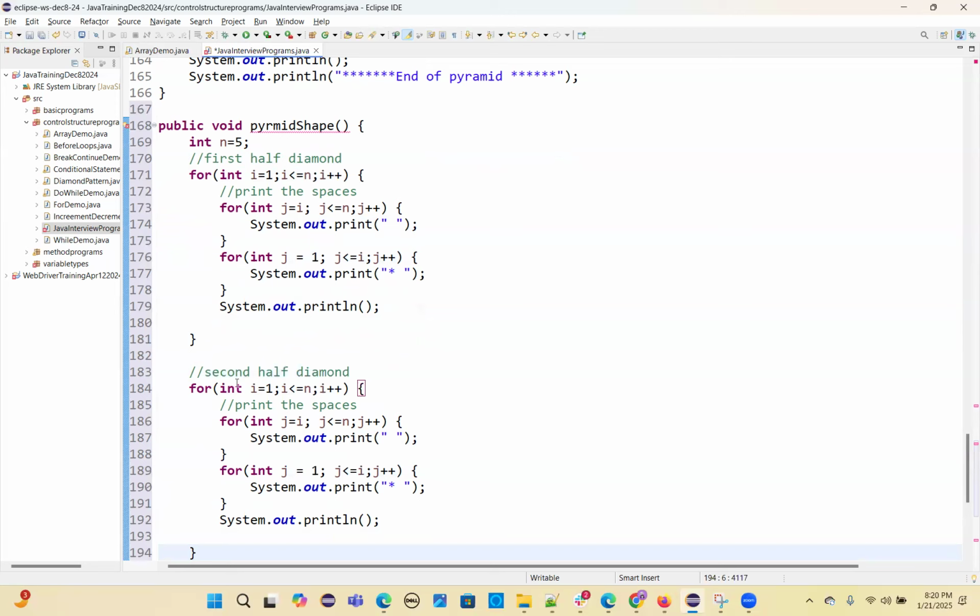So here it will change now. Here it is going to be n minus 1 and i greater than 0 you have to take, so greater than 0 and i minus minus. Remaining everything is the same. This is the diamond shape. So let's see if this diamond is printing or